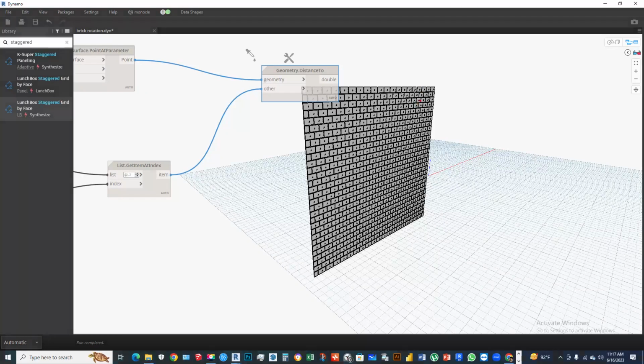Okay, so each and every point from this line, all points, this line from this point, from this line. Okay, each and every point from this line. We need to collect the distance. After creating a geometry distance,